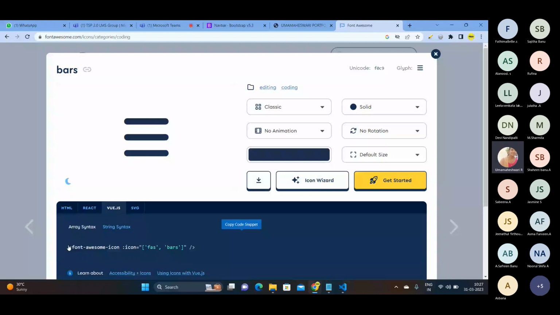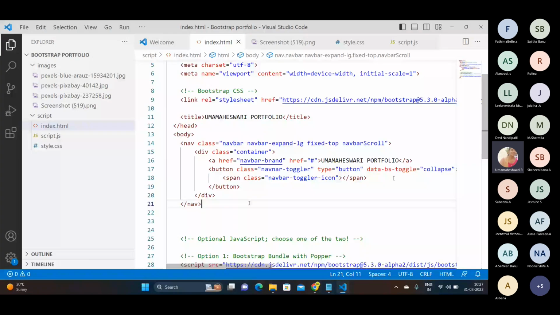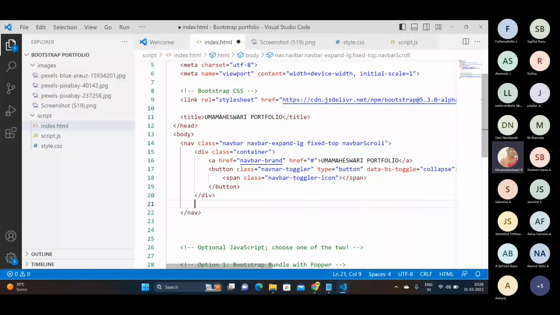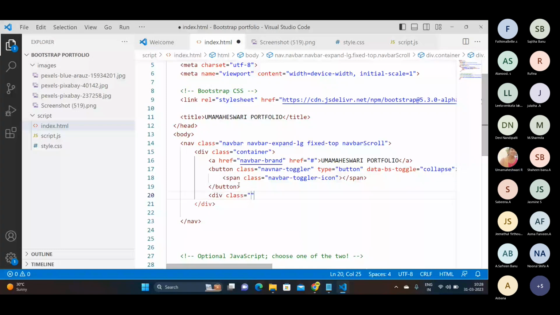after creating this button, in the navigation part, this is one container. I have completed it. Okay, so now I need to create an unordered list. So below this, what I need to display. After this button, I'm creating one more class, navbar-collapse,